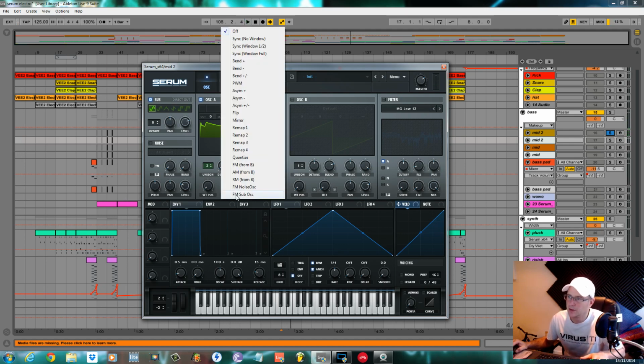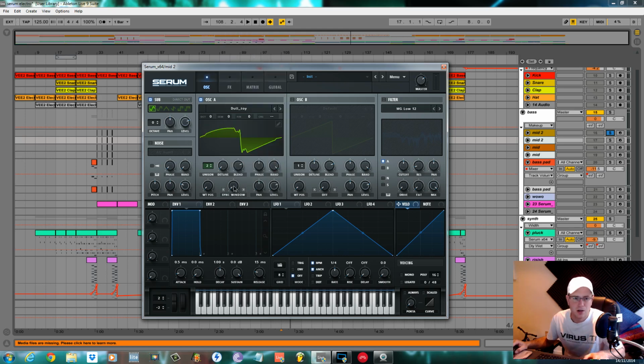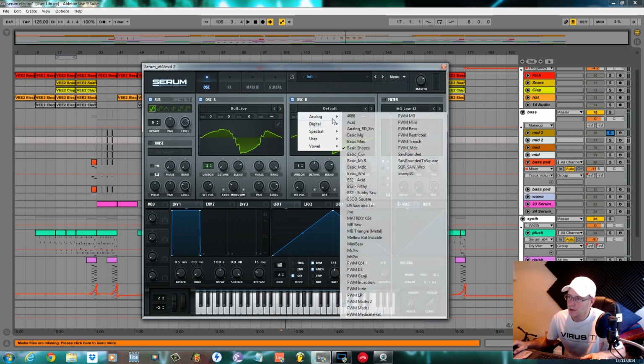In the modulation part for the oscillator, I used a sync window. Had it set to about 10 o'clock on a clock dial. This wavetable position we're going to modulate in a bit with an envelope, just to give it a bit of movement, just to make it not so static. Oscillator B we use as well, turn it on. The only oscillator I'll route through the filter is oscillator A, so don't check this box here, we'll set the filter up later on. Oscillator 2 is just a basic shape from the analog section,